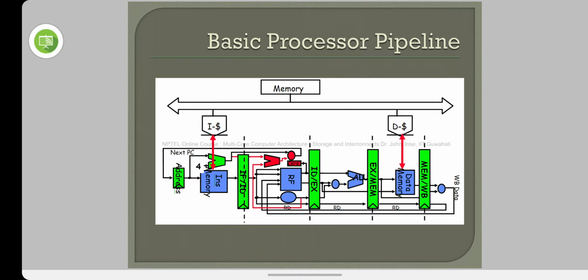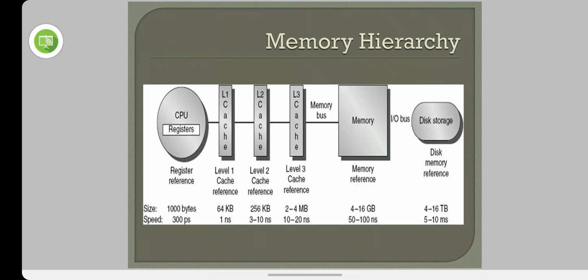Okay, so coming to the cache memory concepts. Cache memory is like a buffer between the main memory and the processor. Initially, we had memory systems which are much slower than the processor speed. So we have introduced these caches between the processor and the main memory. They act like a buffer, and the main working principle is that the old data in the cache will be deleted, giving space to the new data. It has to give space to the new data, right? So the old data will be removed.